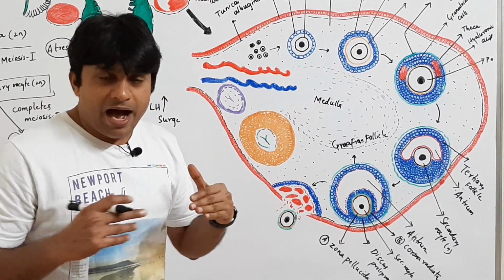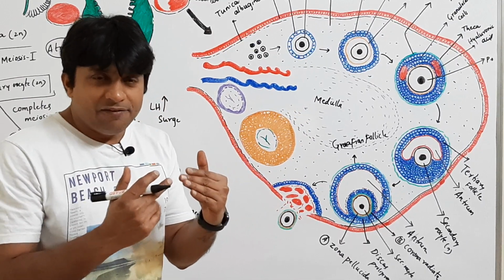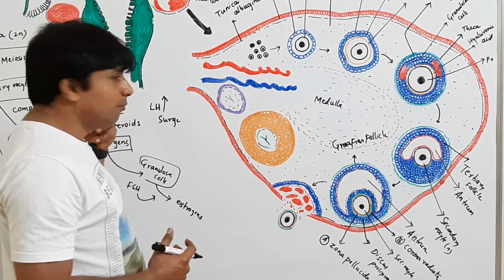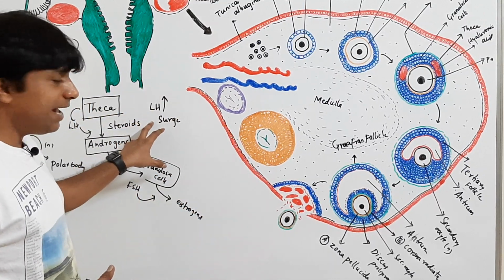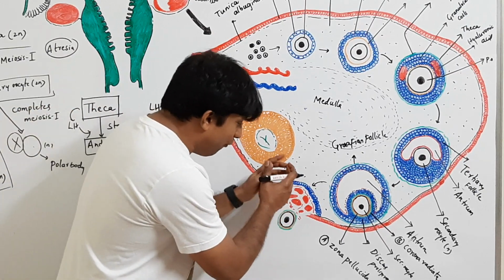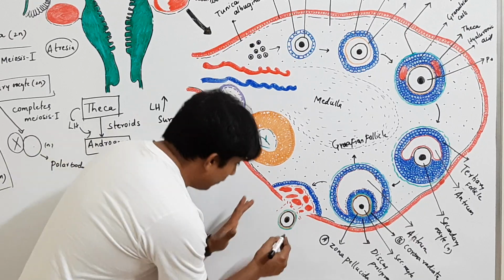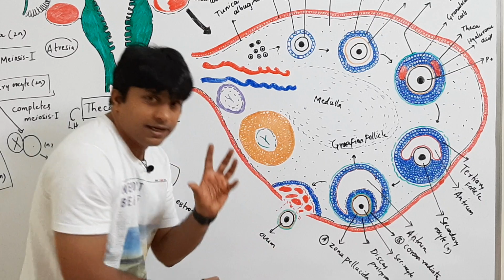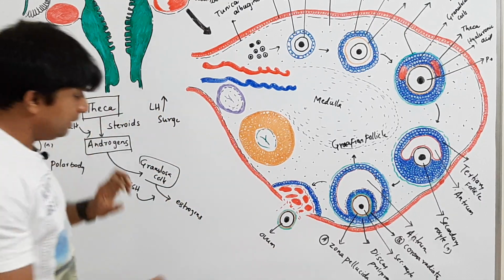With very high levels of estrogen, they give positive feedback to the luteinizing hormone. So luteinizing hormone levels increase, which is called LH surge. Due to this LH surge, the follicle ruptures, releasing the secondary oocyte or ovum into the cavity,